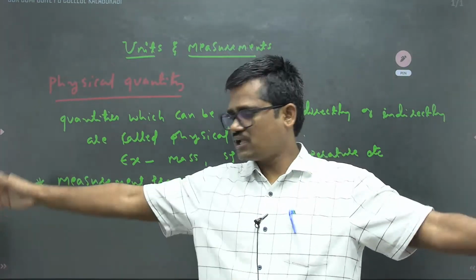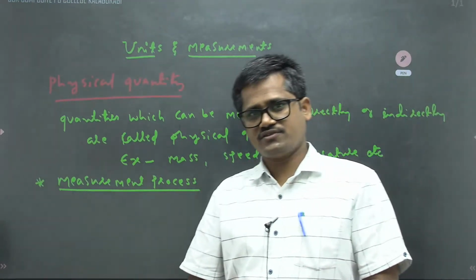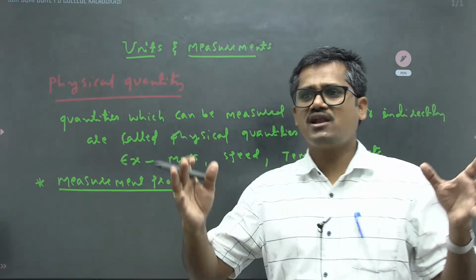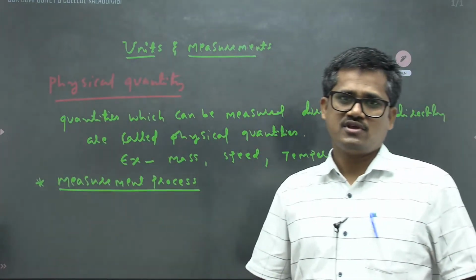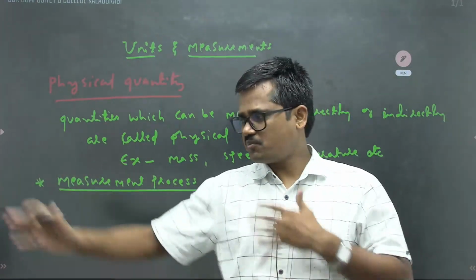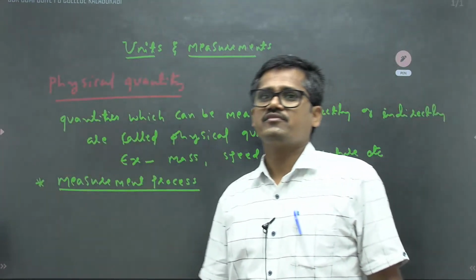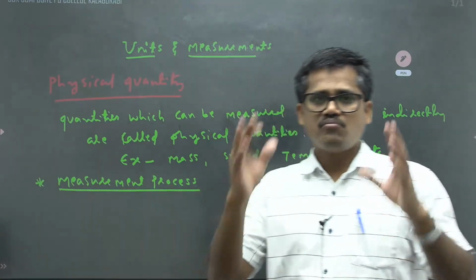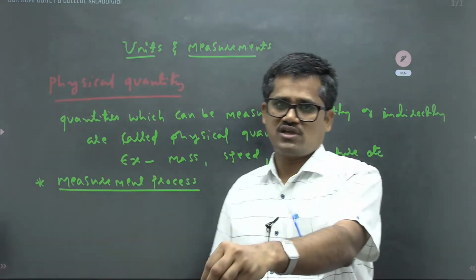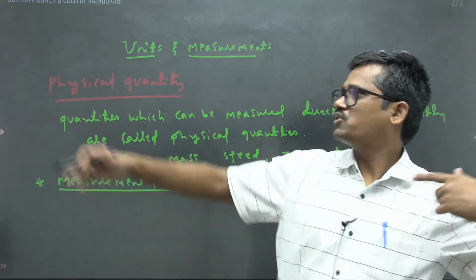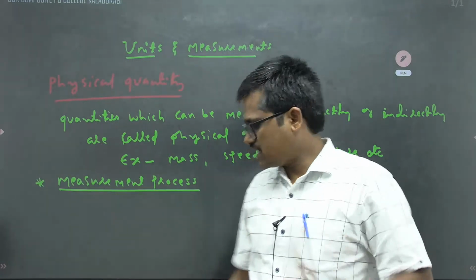If you are measuring length, we need to have the meter. Meter is a unit of length. Meter is a standard amount of length. That particular amount of length has been chosen as the standard, and that is what we call a meter. So here meter is a unit. If you want to measure a particular length, you need a meter scale. Then you can say this length is 10 times a meter, I mean 10 meters. Likewise,